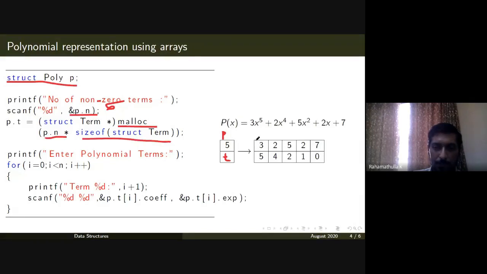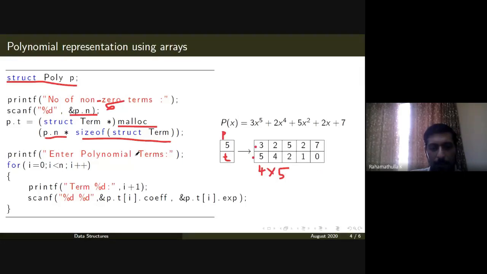Size of a term is 2 plus 2, 4 bytes. So this contains 4 bytes. 4 into 5, since I have given 5, is 20 bytes. So 20 bytes of memory will be allocated. If you are assuming that an integer takes 2 bytes, 2 plus 2, 4 bytes, then you allocate 5 into 4, 20 bytes.